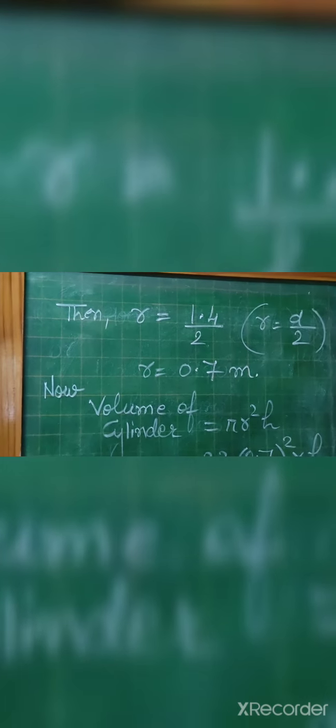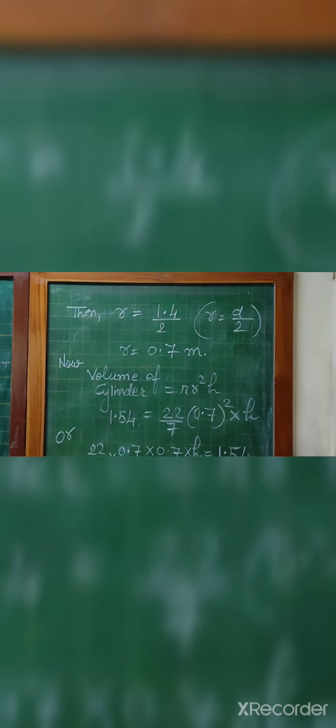So diameter of base 140 centimeter, in 1 meter 100 centimeter is there, so by 100 I am dividing here, so 1.4 meter diameter I am getting. So r equal to 1.4 upon 2 because r equal to d by 2. So 2 sevens are 14 and before one digit we will put the decimal. Now volume of cylinder is equal to the formula pi r square h. Volume we know 1.54. The value of pi 22 by 7, r 0.7 square into h. Whatever value we want to calculate, we will change the side. 22 by 7 into 0.7 into 0.7, 2 times we will write because square is written.